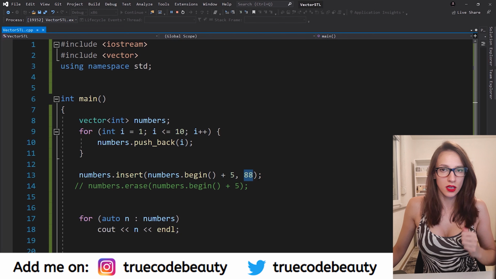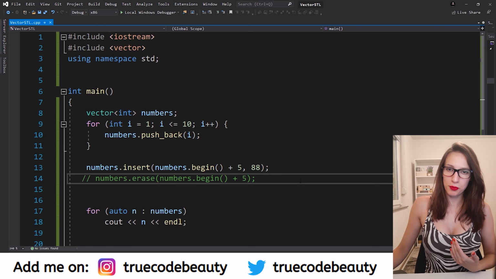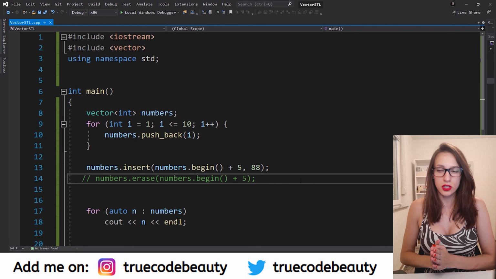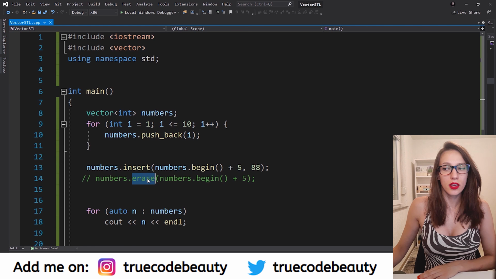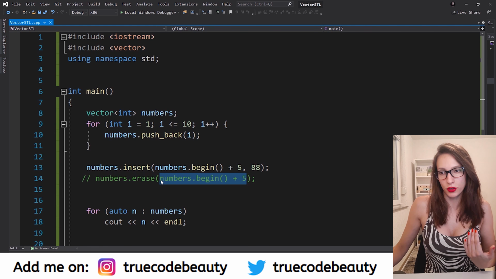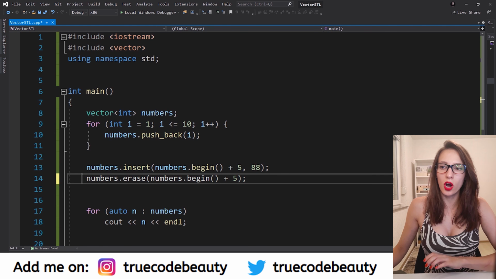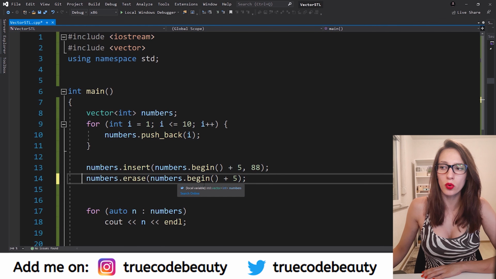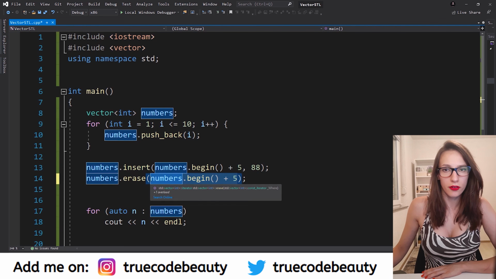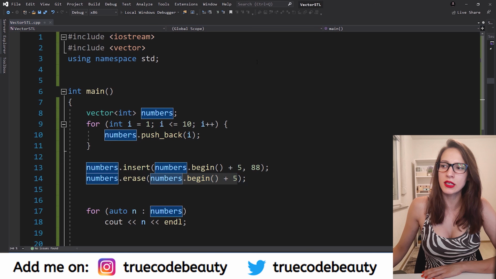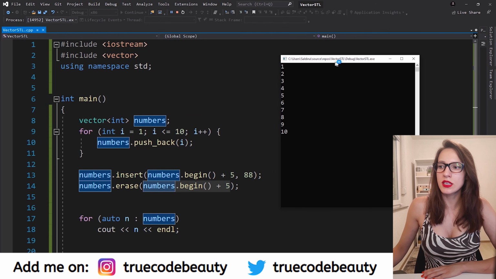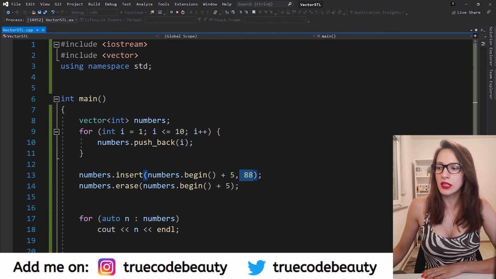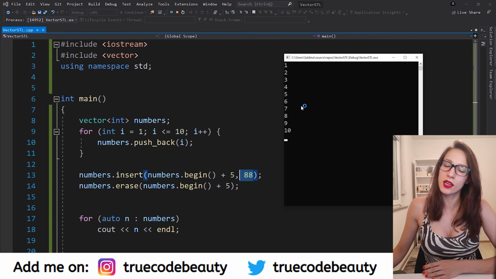have specified here. And then if I want to remove an element from a specific position, I would use a function called erase, and then specify the position that I want to remove the element from. So when I uncomment this line here, it will remove the element from position 5. So if I run the program again, as you can see, this 88 has disappeared because that was the element